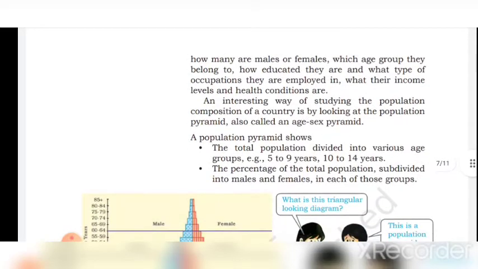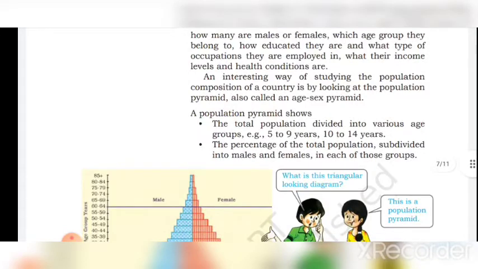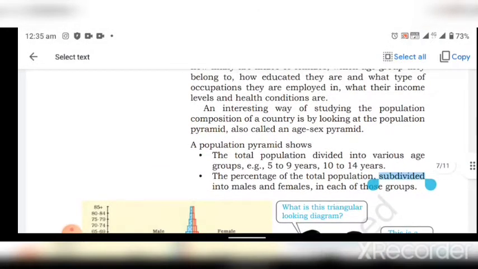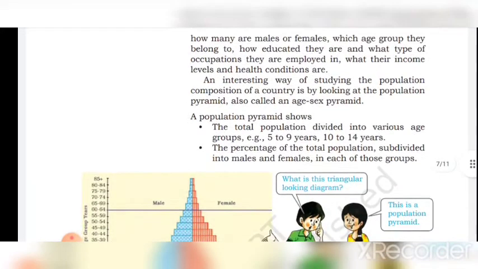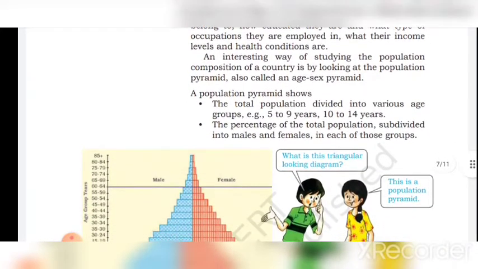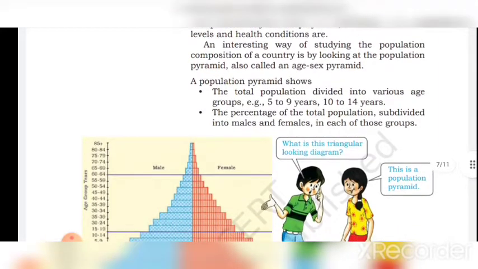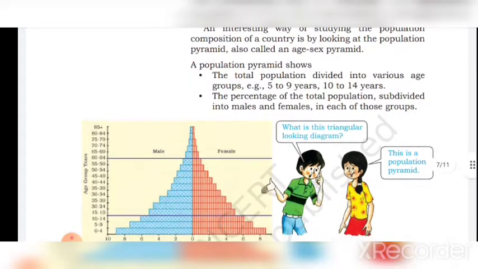We'll continue. How many are males or females? Which age group do they belong to? How educated are they, and what type of occupation are they employed in? What are their income levels and health condition? An interesting way of studying the population composition of a country is by looking at the population pyramid, also called